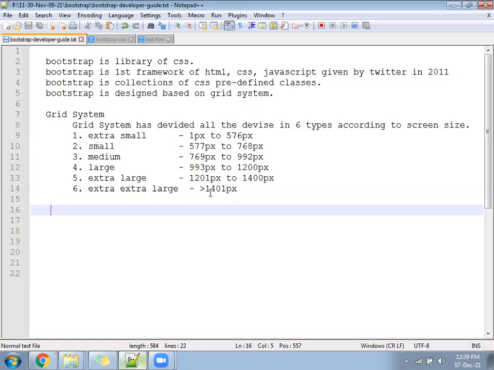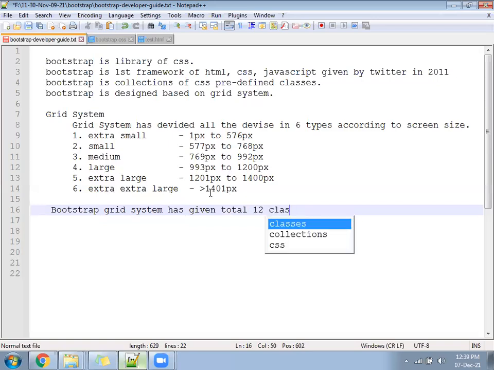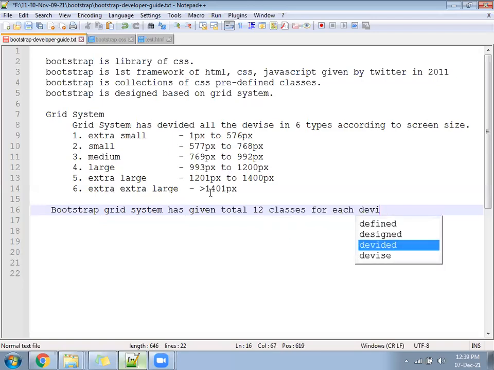Let's go. The Bootstrap grid system has given a total of 12 classes for each device.